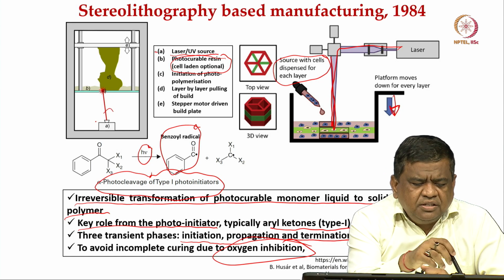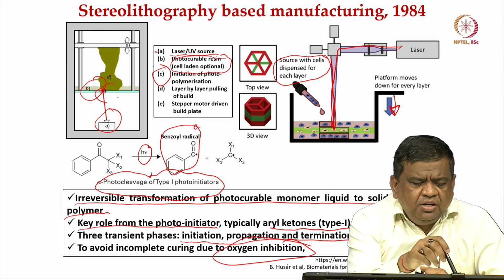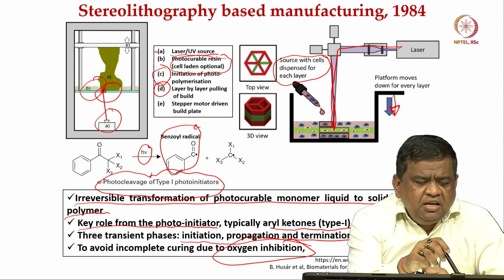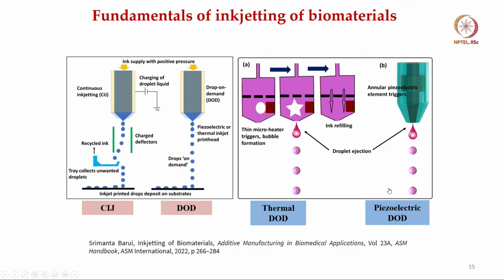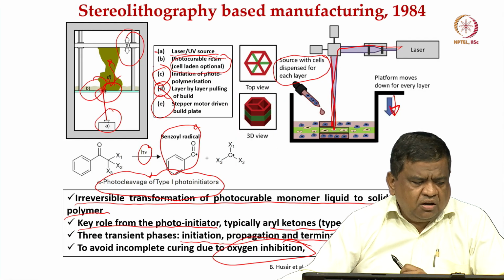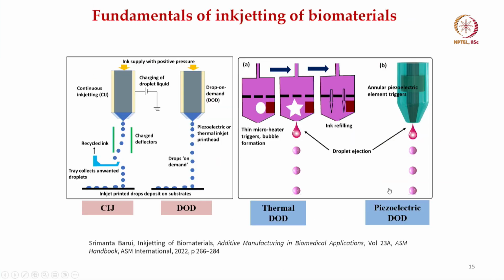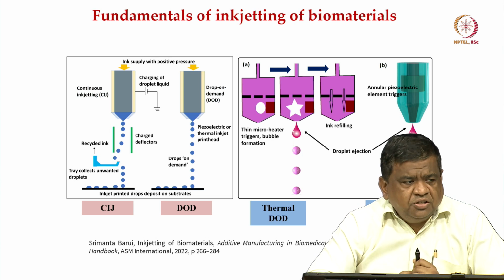A is your laser beam, B is your photocurable resin, C is the initiation of photoinitiator, photo-induced polymerization, D is the layer-by-layer building, and E is the stepper motor driven build plate. I hope these 2 slides gave you sufficient understanding of the stereolithography technique. Let us move on to the third one, third generic